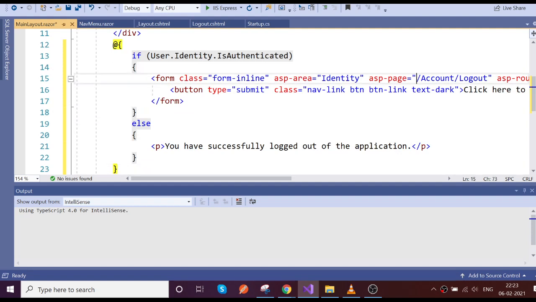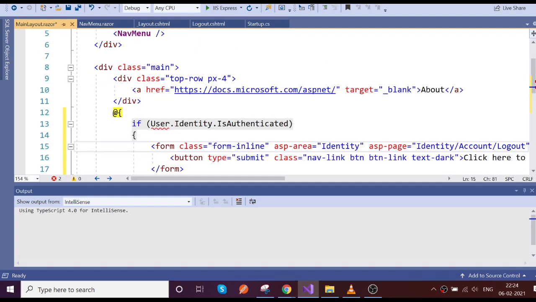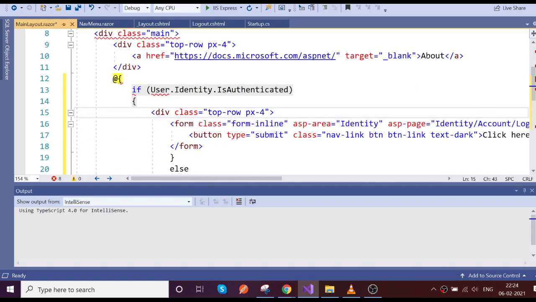We'll keep it in the form so the design will not break that much.